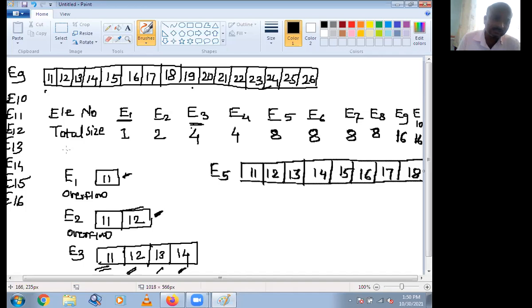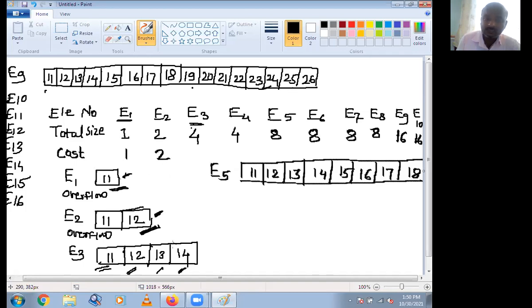Then what is the cost? Cost for table 1 or element 1 is 1. For element 2 is 2. Check availability of spaces. For the first element, there is only one element inserted. For element 2, there is no space, only 2 elements are inserted.